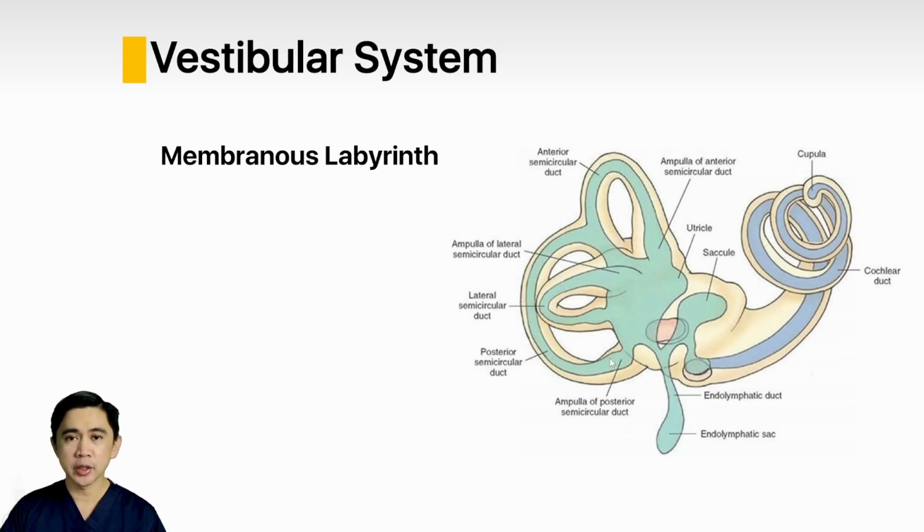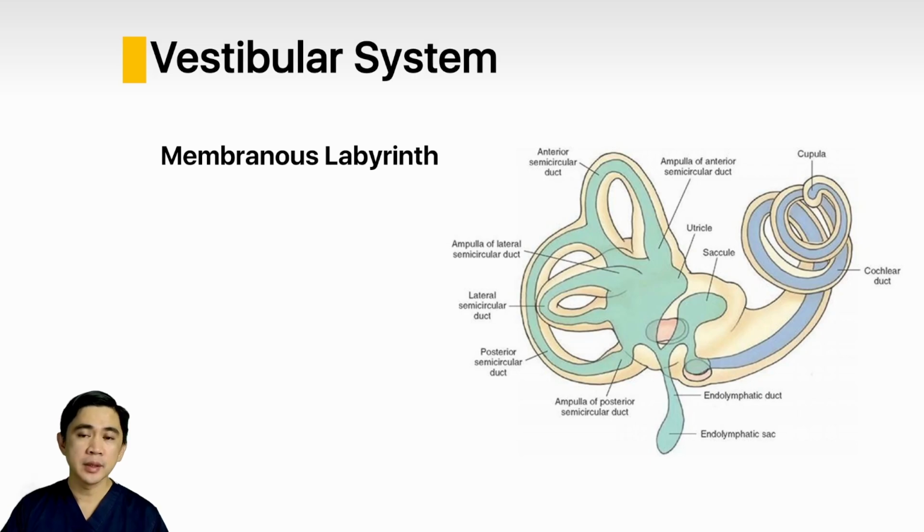So here we have a picture of the inner ear. The inner ear is comprised of an outer bony labyrinth and an inner membranous labyrinth wherein fluids, specifically endolymph, flow. Now you see here that the membranous labyrinth is continuous all throughout from the vestibular system to the cochlear system,